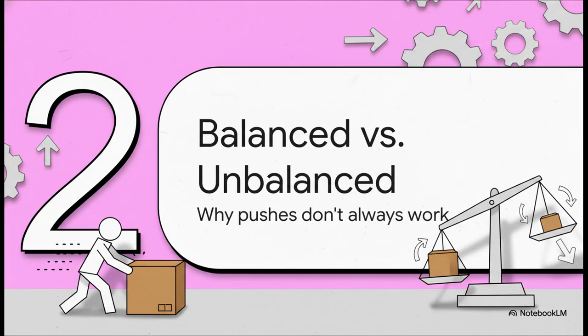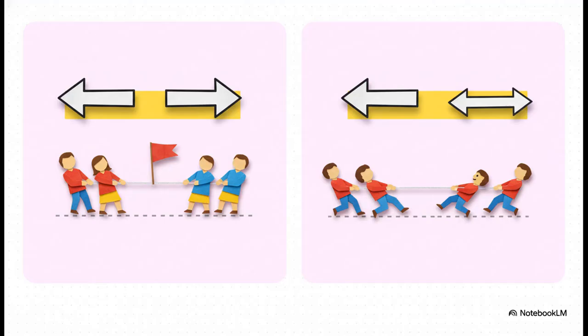Okay, so if a force is just a push or a pull, how come when you push on a really heavy box, nothing happens? Well, this brings us to a super important idea, the difference between balanced and unbalanced forces. Here's the key takeaway. When forces are balanced, they cancel each other out completely. Think about a game of tug of war where nobody's winning. Both teams are pulling with equal force, so the rope doesn't move. The net force is 0. To get any change in motion, what scientists call acceleration, you absolutely need an unbalanced force.